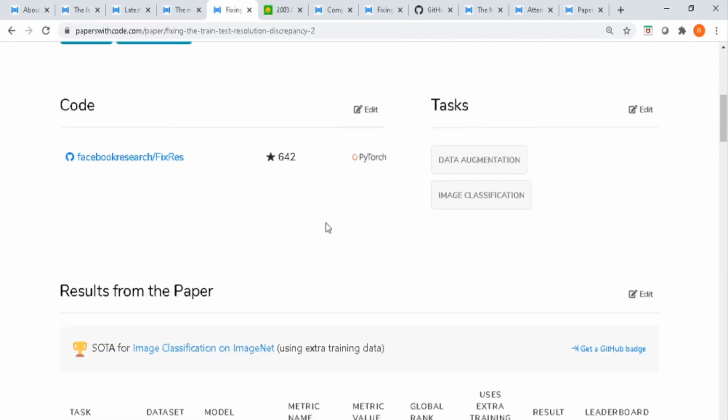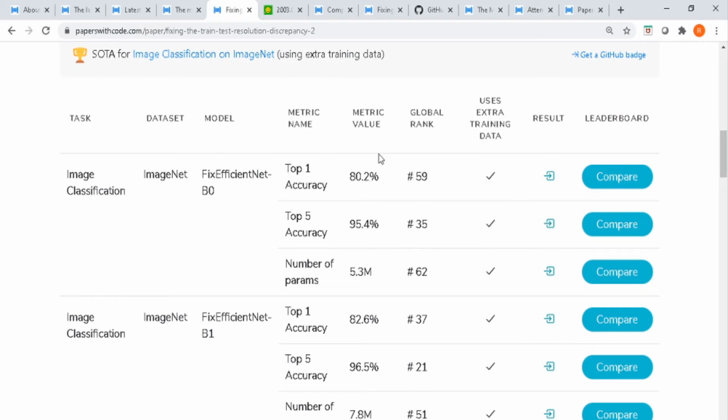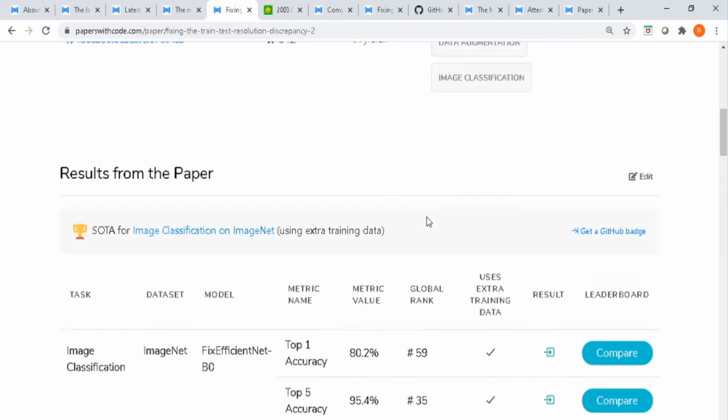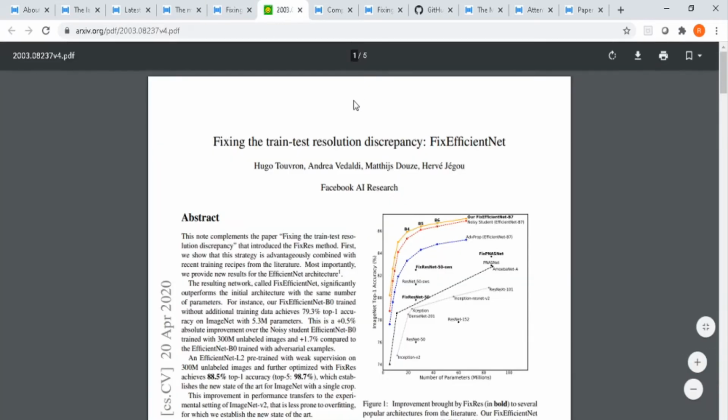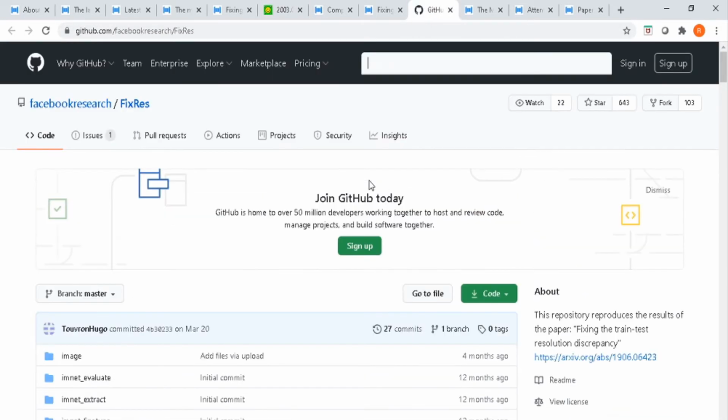So you also have the repository or the code for this particular paper. Then you also have the results from the paper, which has the metrics, which also has the global rank on this particular task. Now here you can see the paper itself, and then here you can see the GitHub code for the paper.